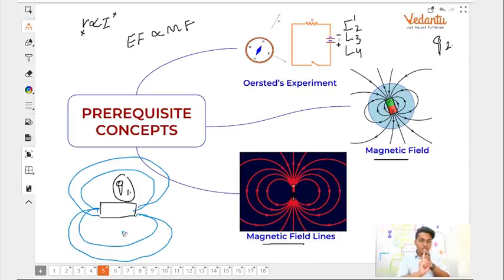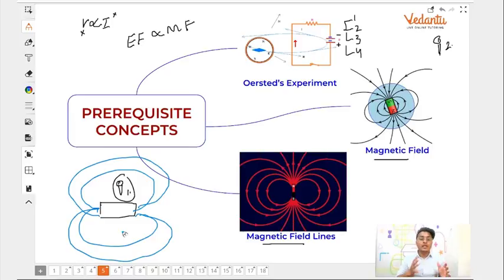So one line definition for magnetic field lines for easy understanding: magnetic field lines represent magnetic field and its direction. That's it. Simple. Cool. Now these magnetic field lines have a lot of properties, very important properties which also come in the CBSE 10 board examination,